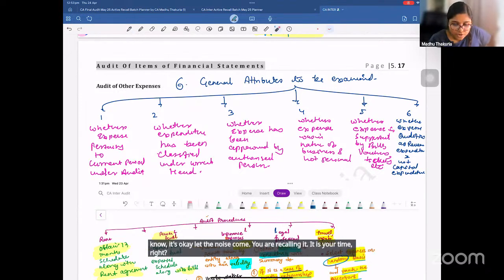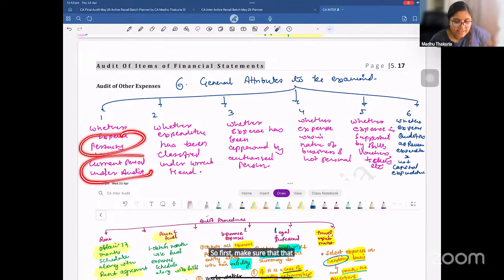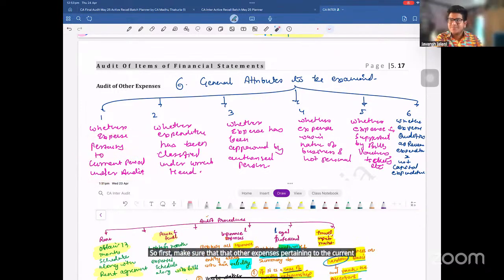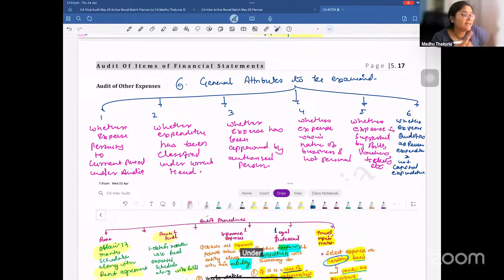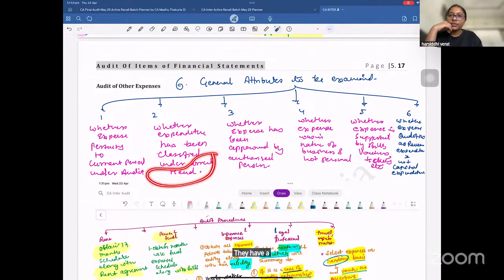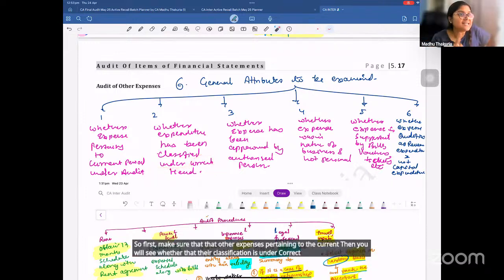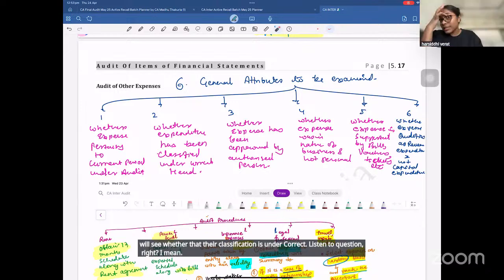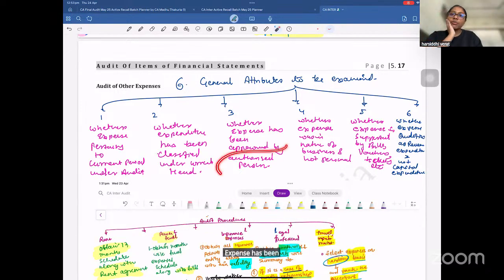So first, make sure that the other expenses pertain to the current period. Then you will see whether their classification is under the correct head, and whether the expense is of revenue nature. Listen to the question, right? And whether the expense has been approved by an authorized person